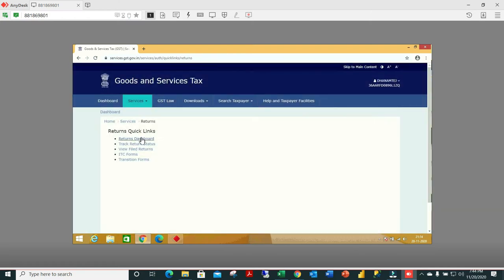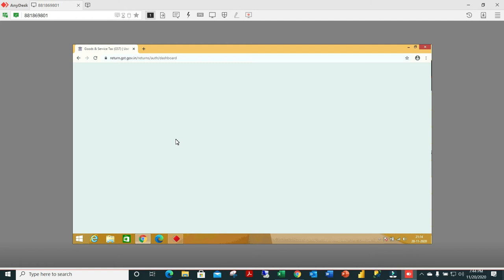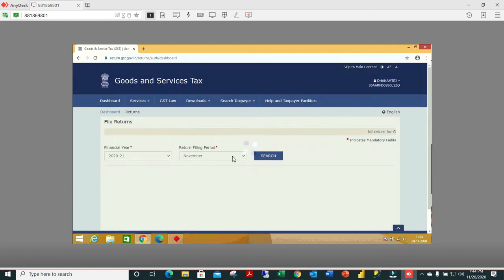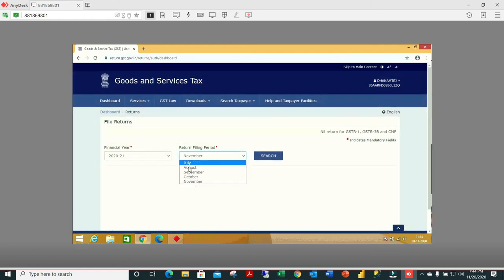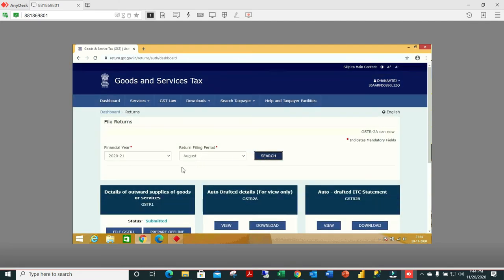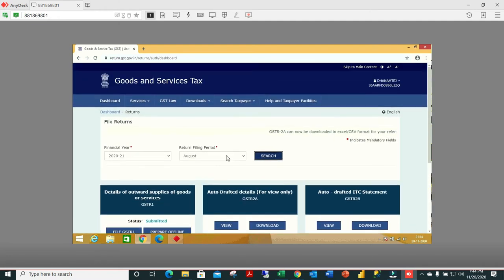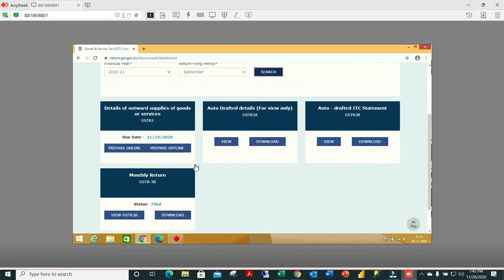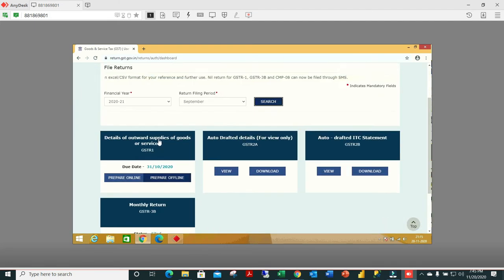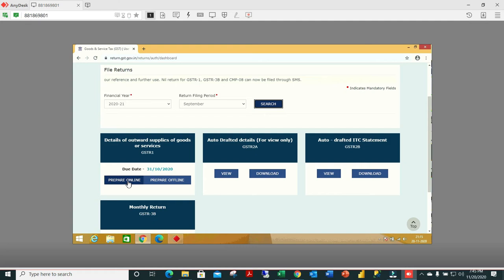This is very simple and it is not charged. If you go to a tax consultant, they will charge around 8,000 to 10,000 rupees. But here we will do it ourselves, because a nil return has only 2 forms per month and 24 filings in a year. So overall they will charge 8,000 to 10,000 rupees, but we will try to do it ourselves because only 2 forms are involved. As and when you start getting business, then you can file the other cases, and you can take the help of a tax consultant.